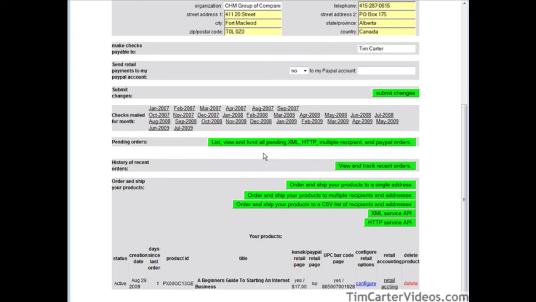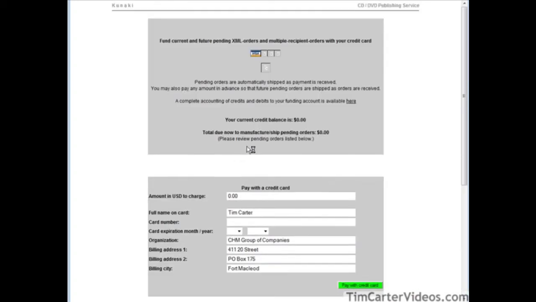Okay, pending orders. This is going to be the orders that have been accepted, but you have not made arrangements to pay for yet. In other words, the customer may have paid for them through one of your other providers, such as an XML feed or through another shopping cart, but they haven't actually been marked as paid in the Kunaki system. So you're going to have to go in here and you're going to have to pay for those. You can also pre-fund your account so that this